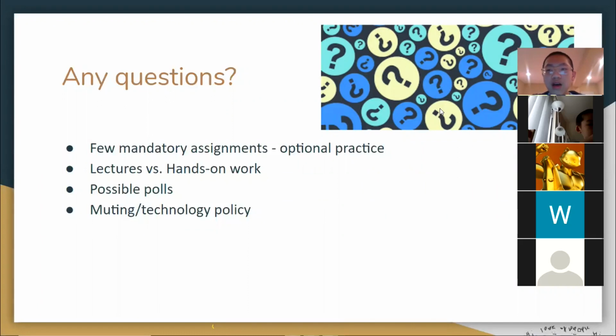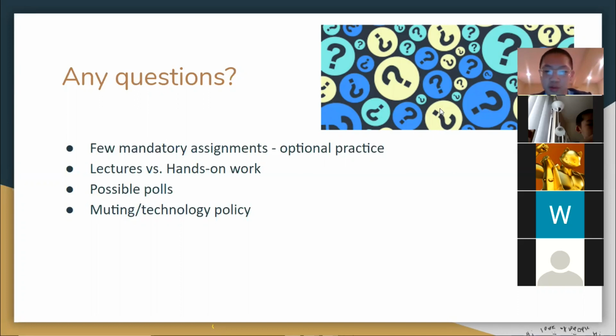Possible polls. I'm currently trying to post a poll on Google Classroom because in regards to directing the course outline, I have not planned it out very far yet. So if you guys have any suggestions for projects, I'm open to any suggestions as long as they are informative and help me to teach you guys how to work the Java IDE. So yeah, I'm working on that.